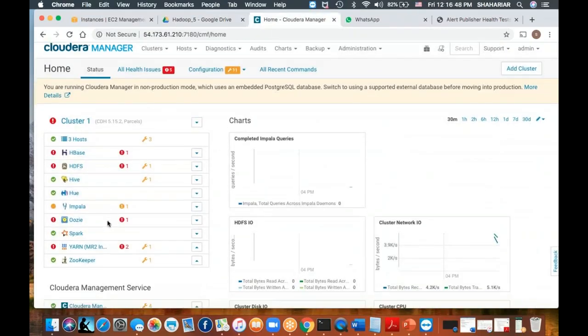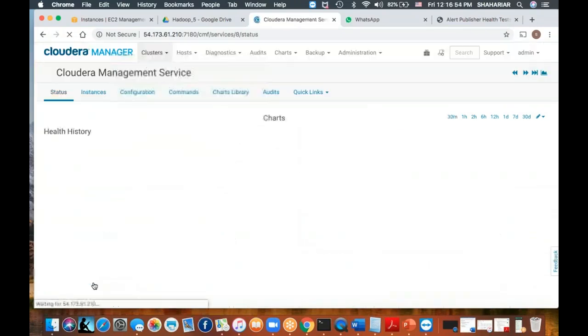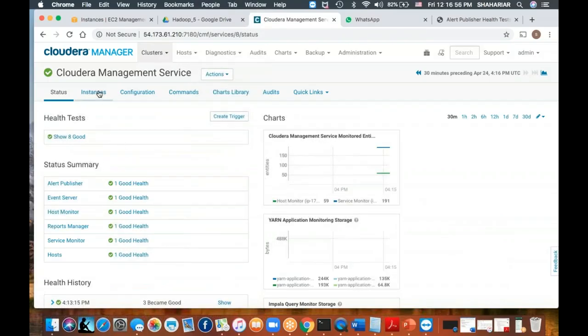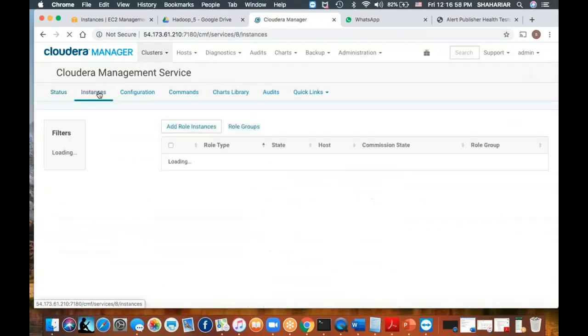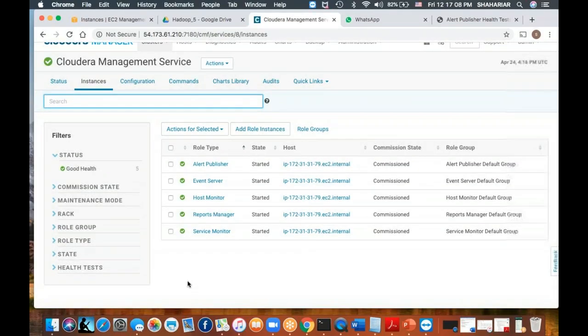All of this information that Cloudera Manager shows you, the status, whether something is appearing red, let's go to the instances. So this thing appearing good, healthy, started, state, host, commission state, role group, all this information that is appearing on the UI,